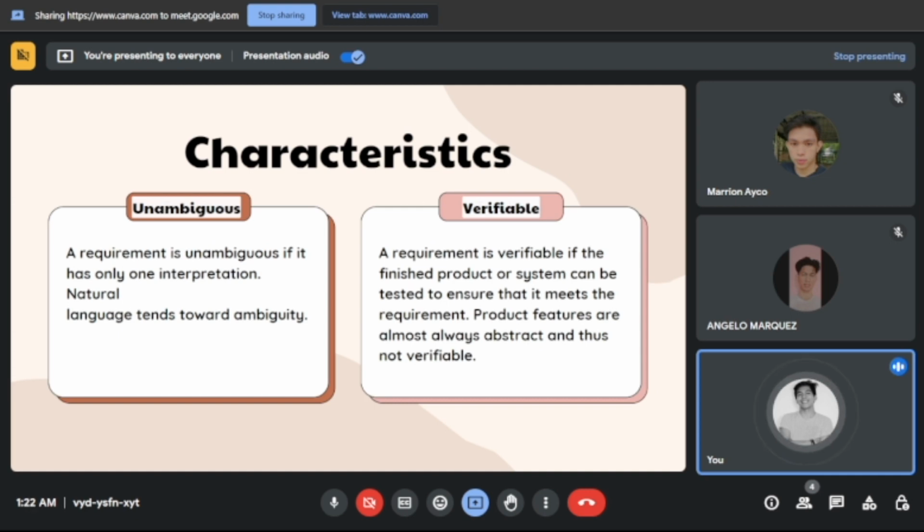Next characteristics is verifiable. So verifiable, a requirement is verifiable if the finished product or system can be tested to ensure that it meets the requirement. Product features are almost always abstract and thus not verifiable. So, in regards dito, in short, ito yung pagkakaroon ng quality inspection. So, before natin publicly